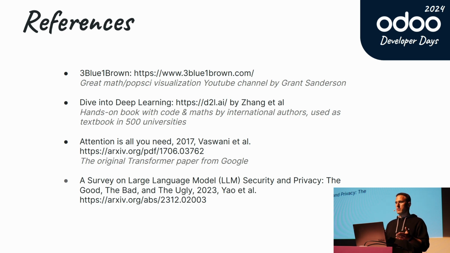There are open source books, like the Dive into Deep Learning book that is used by hundreds of universities all over the world for students that are being taught about neural networks. And it's totally open source, and it comes with code samples, so you can actually build your own language model as you go. And there are lots of other resources like this.